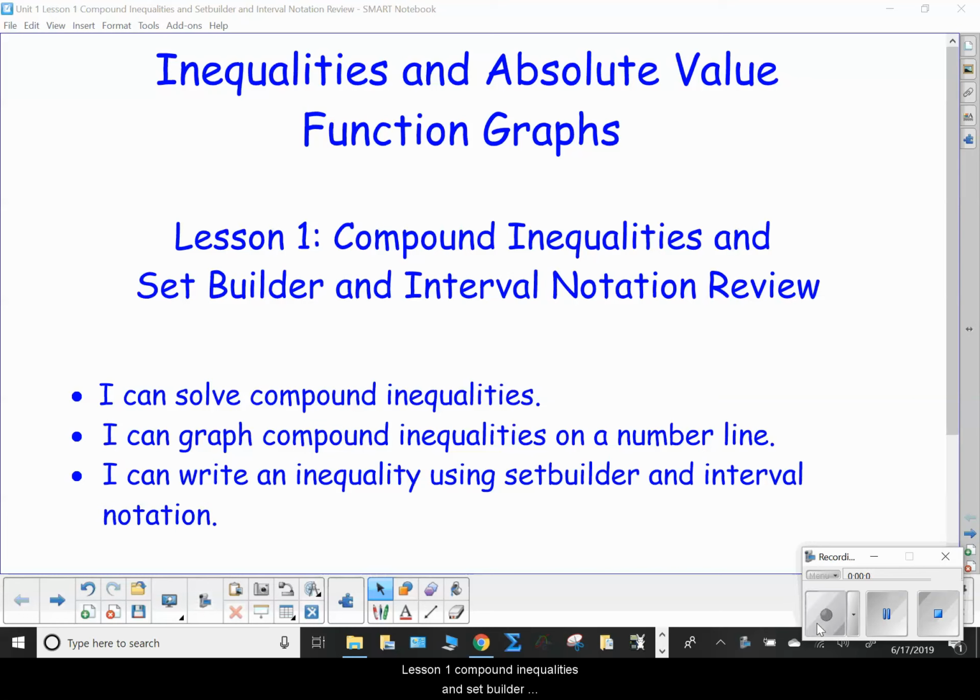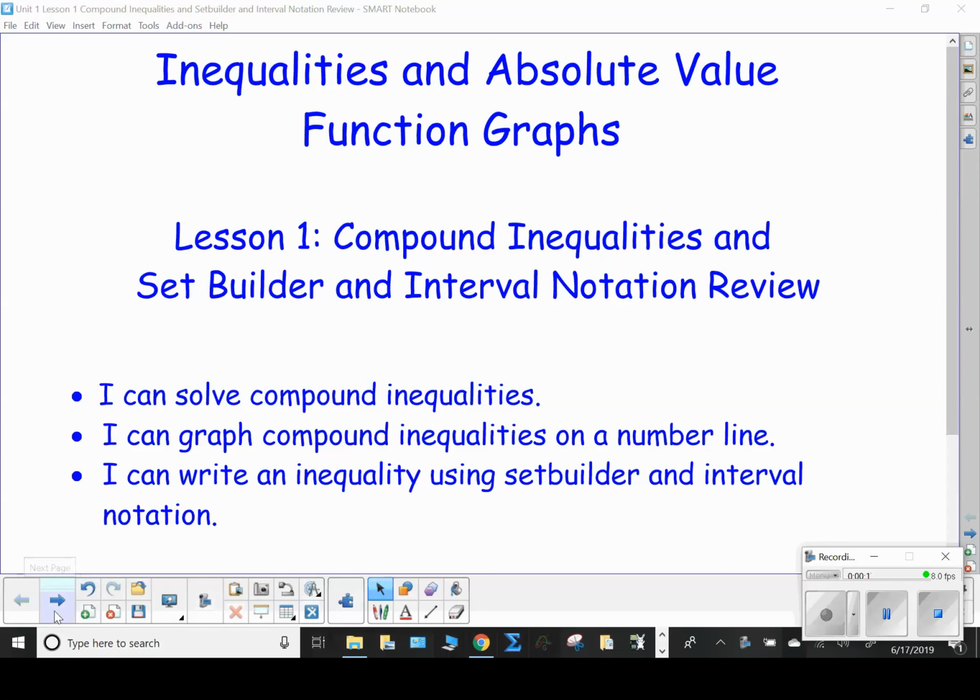Graphs. Lesson 1, Compound Inequalities and Set Builder and Interval Notation Review. At the end of this lesson, you'll be able to solve compound inequalities. You'll be able to graph compound inequalities on a number line and write an inequality using set builder and interval